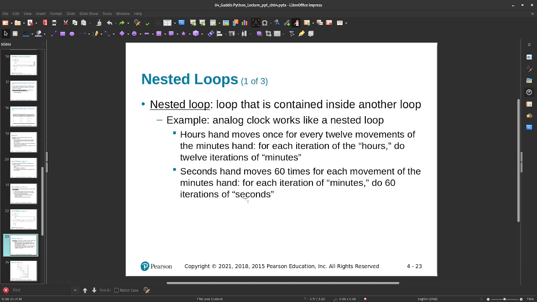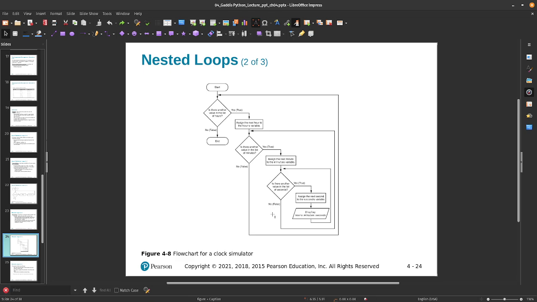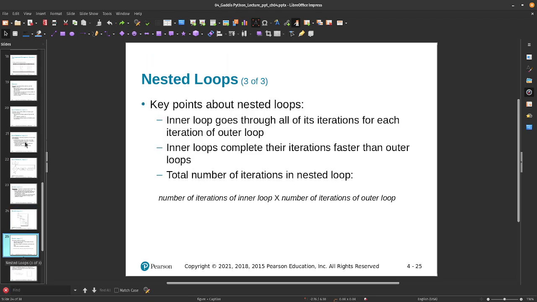So you have 60 seconds makes a minute. You have 60 minutes makes an hour. You have 24 hours makes a day. You have 365 days makes a year, and so on and so forth, okay? So there's sort of a nested for loop, essentially. You have this inside loop that's doing its thing, and then you have this outside loop that's doing its thing,